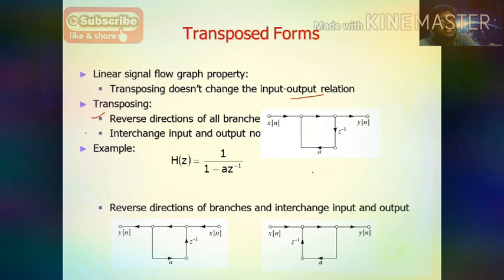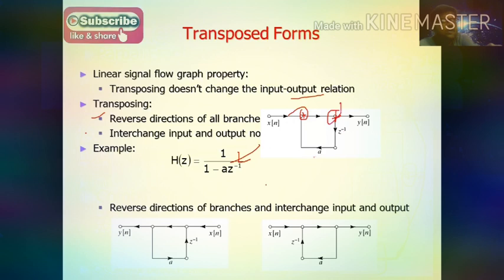This is the general direct form 1 structure for this system function. How to draw this diagram? First consider the denominator term 1 minus A Z inverse. Draw one single straight line. The pole of the system comes from the feedback side, so the delay element comes at the output of the line. So I put Z inverse here. Then the constant multiplier is A. So add one adder block here. This circle represents an adder. Join together to get the direct form 1 structure.